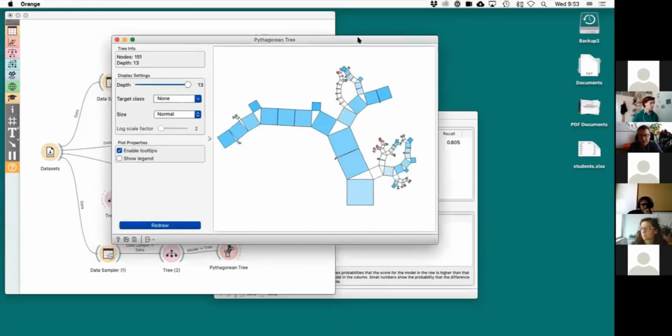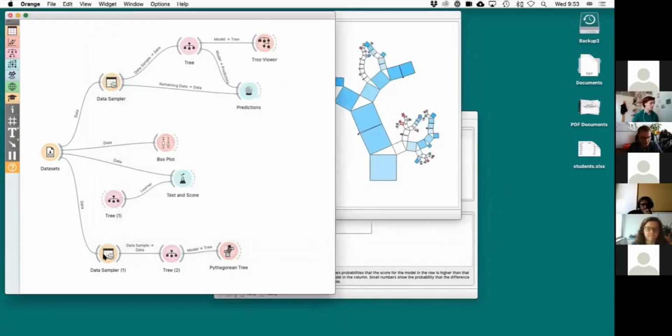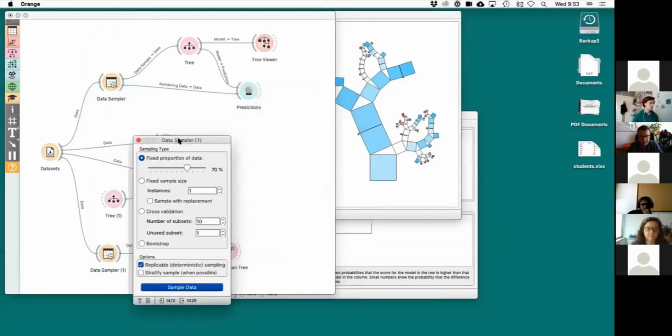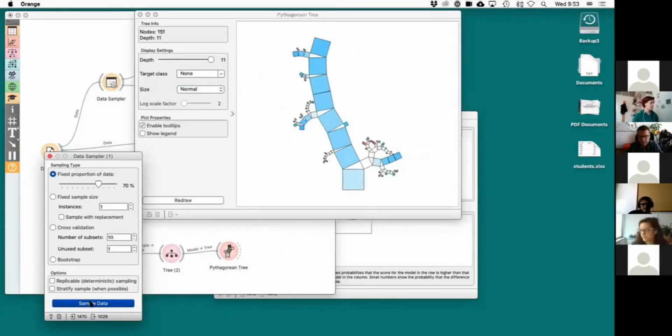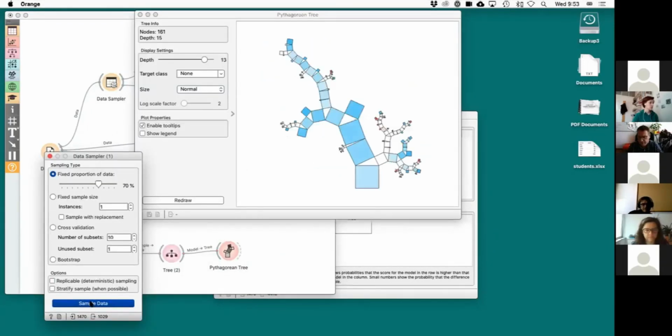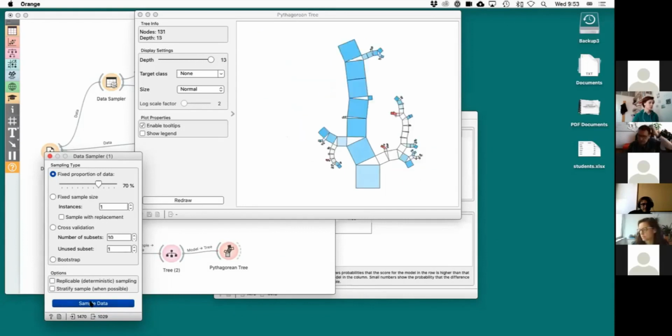But look what's happening if I change my sample: the trees are completely different. Trees are inherently unstable. That's the major problem with the trees. If you change the data a bit, then probably the feature that splits the data at the top would be some other one, and that would change the entire structure of the tree.